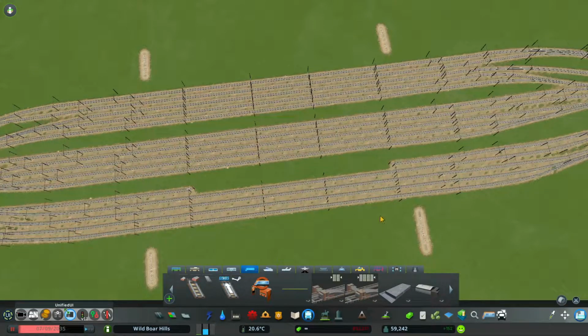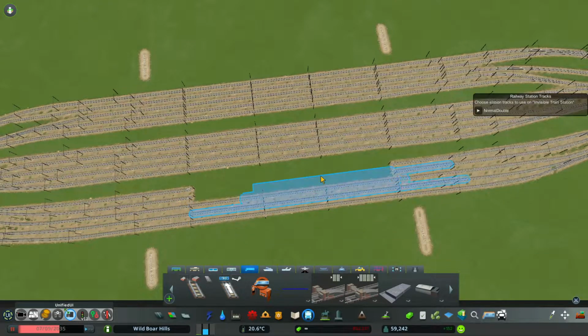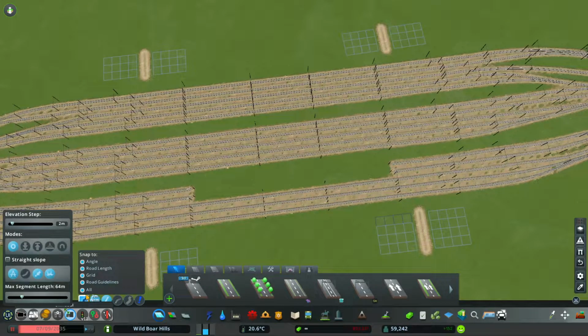The other thing you can do is take out these sections here, and we'll connect those back up in a minute. If you can't get this aligned correctly, we want this as straight as possible. It's just going to snap, so you might want to take off Snap to,